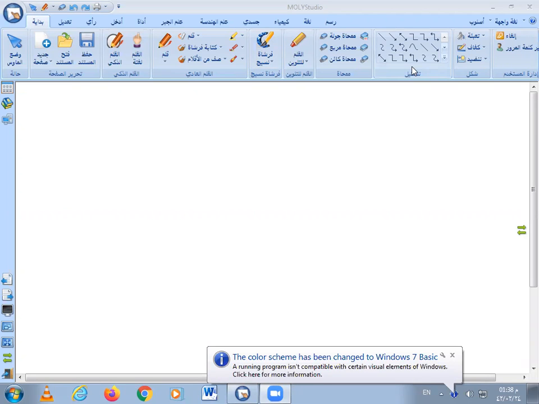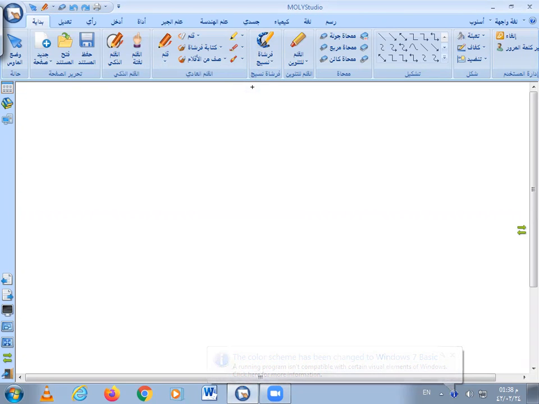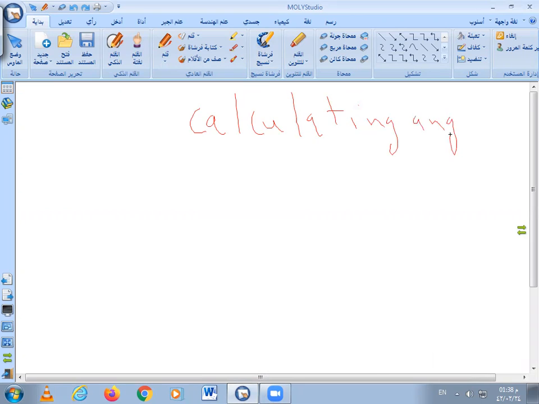Our lesson today is calculating angles. If we have triangles like this, A, B, C, we have, my friends, the sum of measure